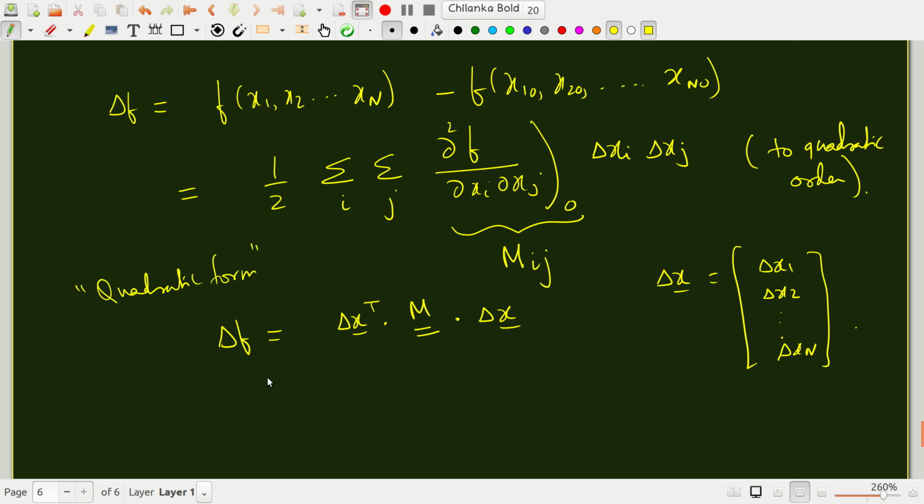Now you have to judge whether the stationary point is a maximum or minimum, that is, whether delta f is greater than 0 or less than 0, regardless of the directions of the steps delta x. See, delta x is like a displacement in a multidimensional space, right? Now in a rather magical manner, you will find that the maxima or minima of functions of many variables are related to what are called the eigenvalues of this matrix.